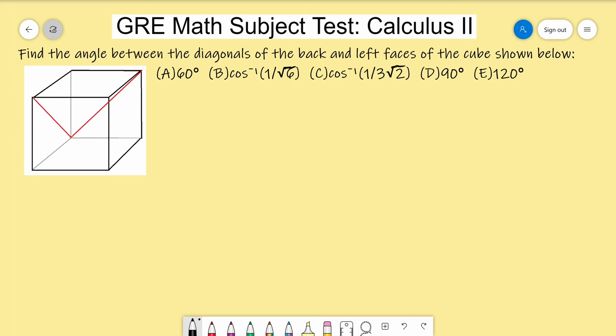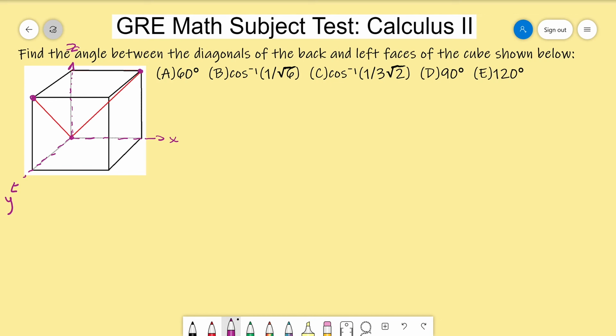And the trick here is to just think about this as two vectors. You can set up a little coordinate system if you say that this corner in the back is the origin, and then if you consider this line here to be the x-axis, and this line coming out here to be the y-axis, and then the line that's going up, that edge, will be our z-axis,